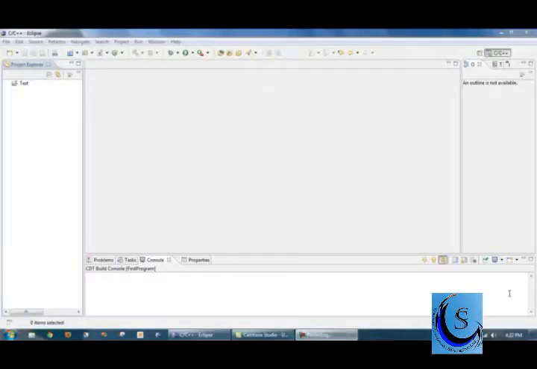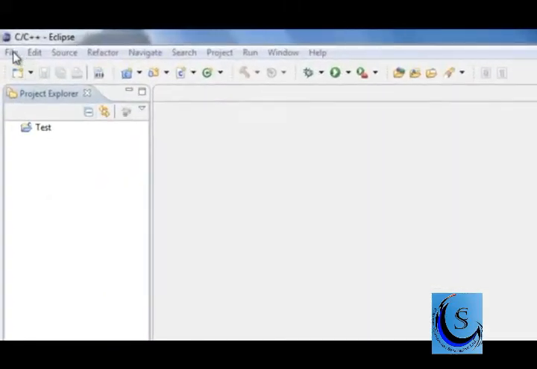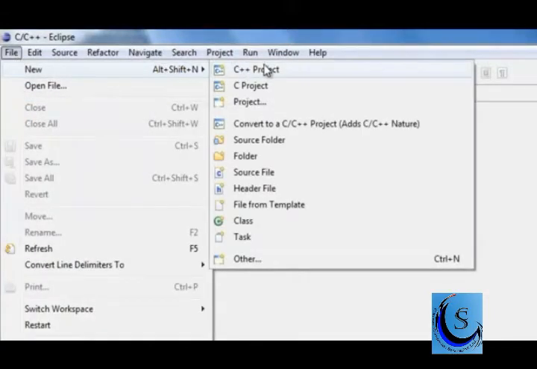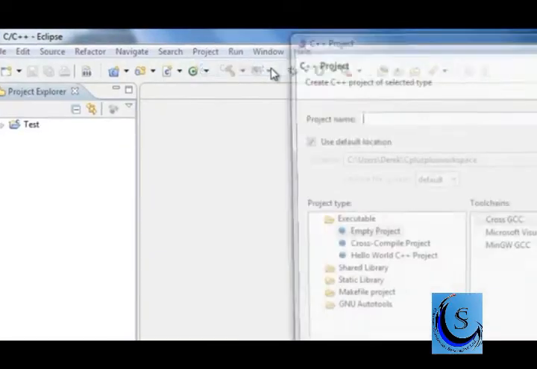Okay, so let's take a look at creating our first simple program in Eclipse. Since Eclipse is project-based, all the programs that we construct have to be associated with a project. So the first thing we need to do is actually create a C++ project. And we could do that by going to File, New, and then coming over here to C++ Project, left-clicking on